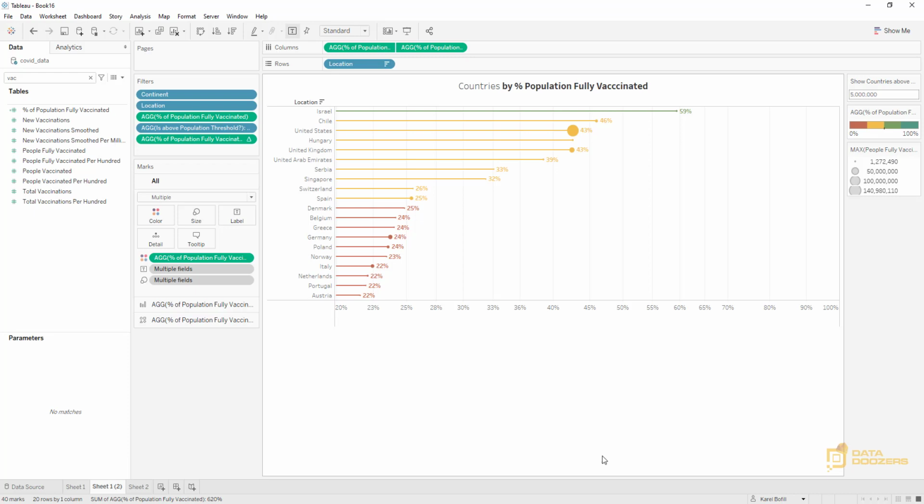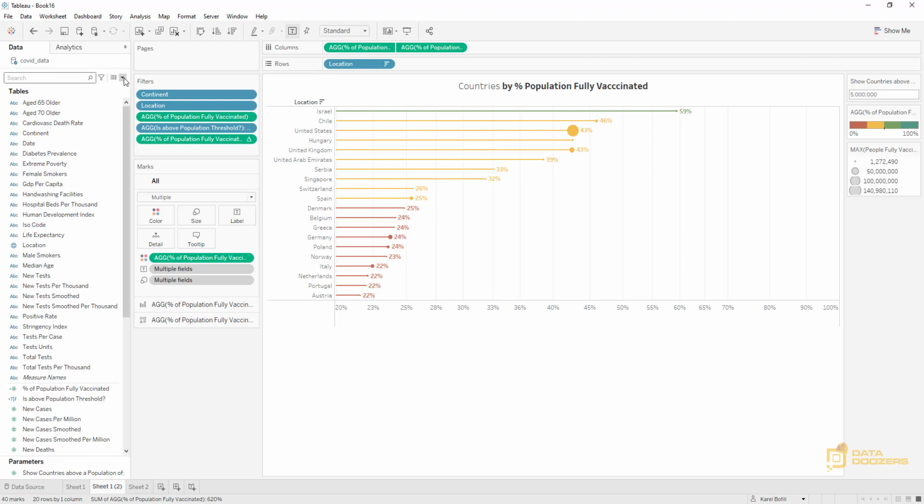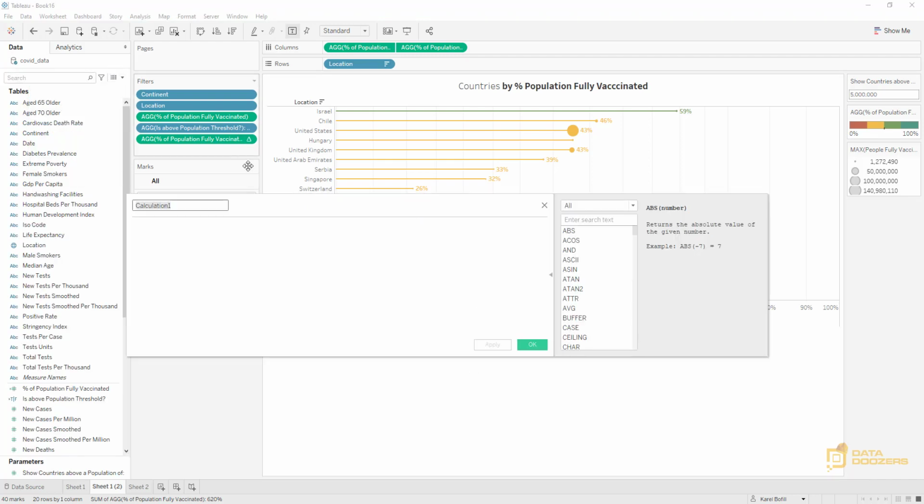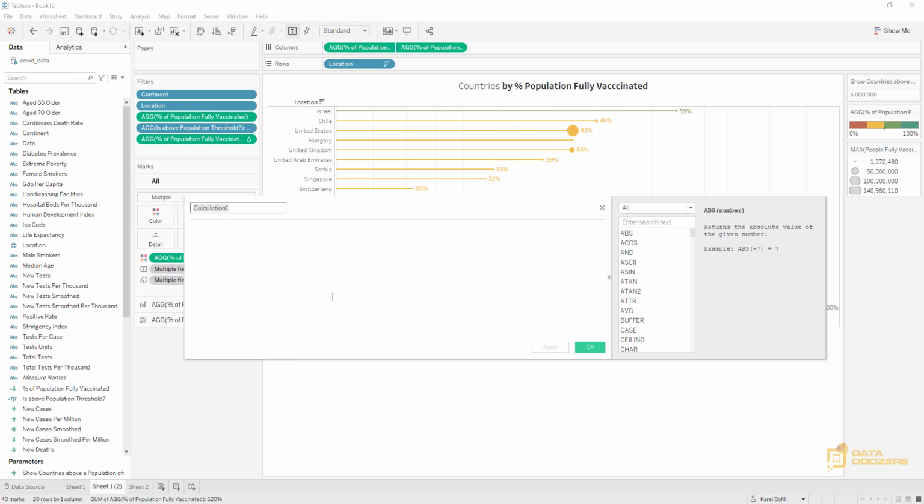And what I have left to do here is add a reference line to see how these countries compare to the world average. So I want to have kind of a threshold that I can visualize to see how these countries are doing against the whole world, right? So for that, I need to create a calculated field. So let's come here, create a new calculated field. I'm going to name it